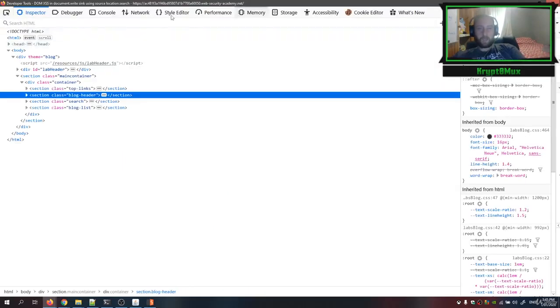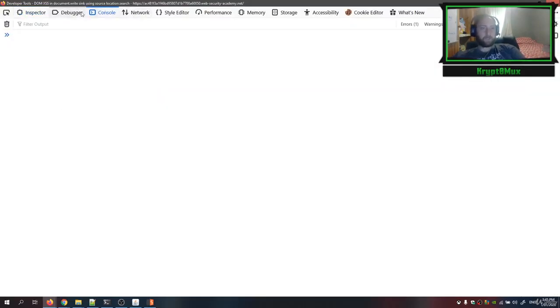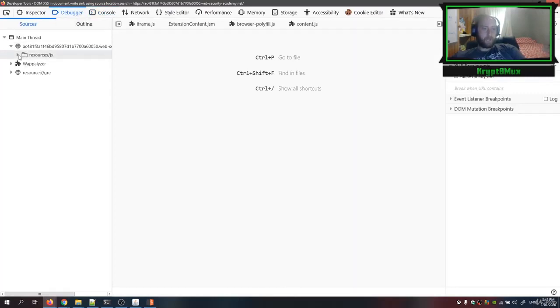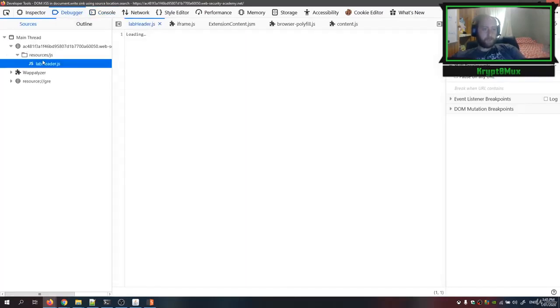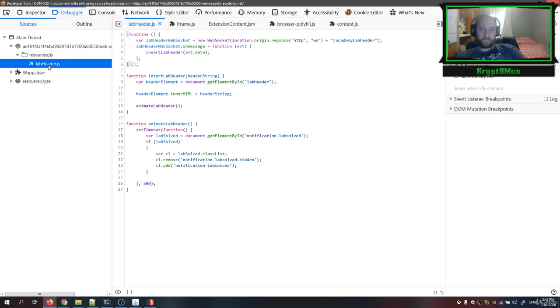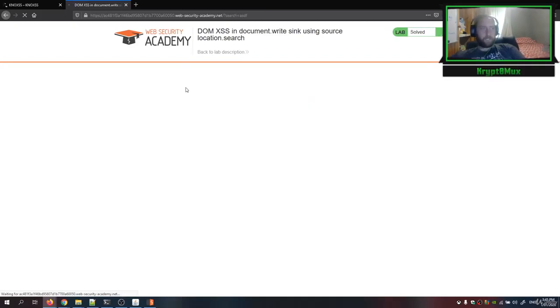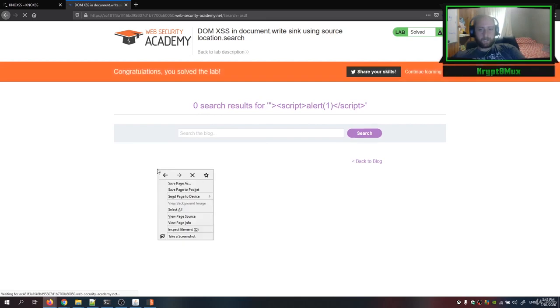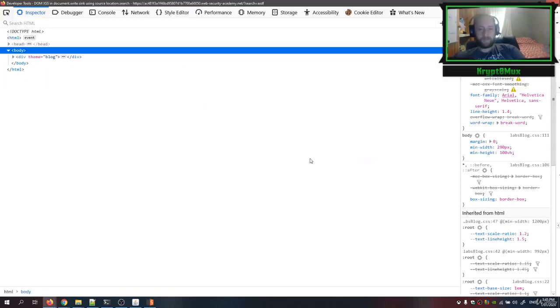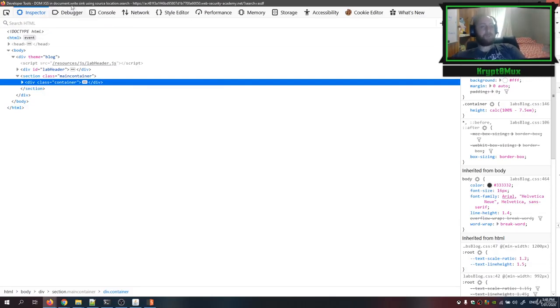I've opened up the page and I'm going to analyze the code. Let's go to the debugger and load our resources. Lab header, is it? No, it's not lab header. It is. Let's do that. Search for it. Let's load in here, because I couldn't find anything there. Oh, okay, because remember in the proxy I had ASDF as the tag. So if you inspect element, remember ASDF in the proxy was the XSS payload. If you look at the inspector now, you'll see that